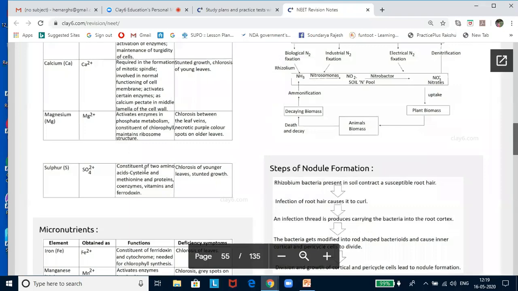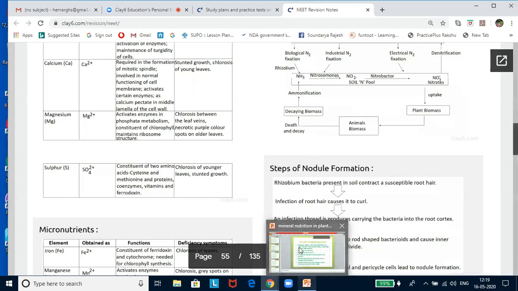Now let us see sulfur. Sulfur is very important, it's found in two amino acids, namely cysteine and methionine, and it is absorbed from the soil in the form of sulfate. Small quantities of sulfur dioxide can be got from the air by foliar absorption for the formation of sulfur containing protein. It is a component of two vitamins. In onion and garlic, sulfur occurs in the form of glucosides, which provide characteristic odor to these plants. Sinigrin and sinalbin are the glucosides in black and white mustards, respectively. They enhance the number of nodules and nitrogen fixing bacteria in the legumes.